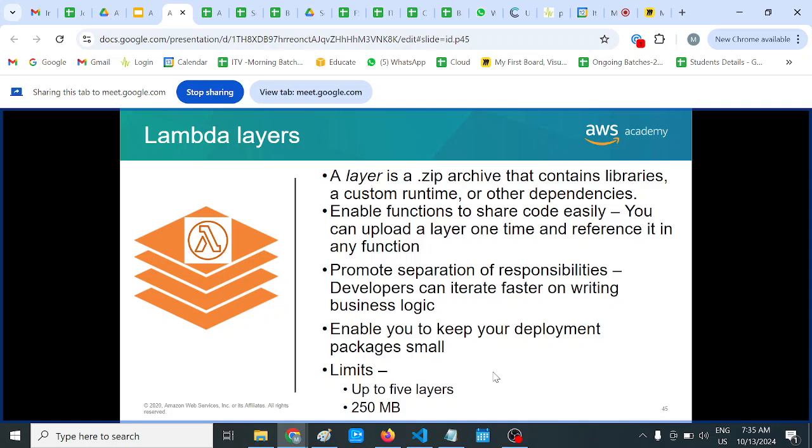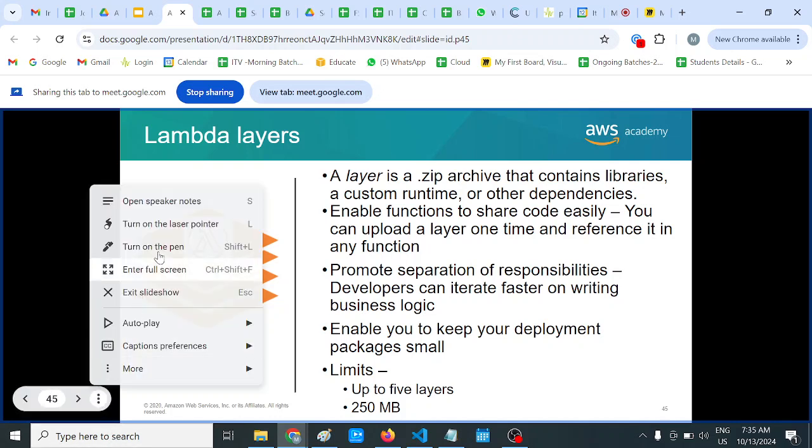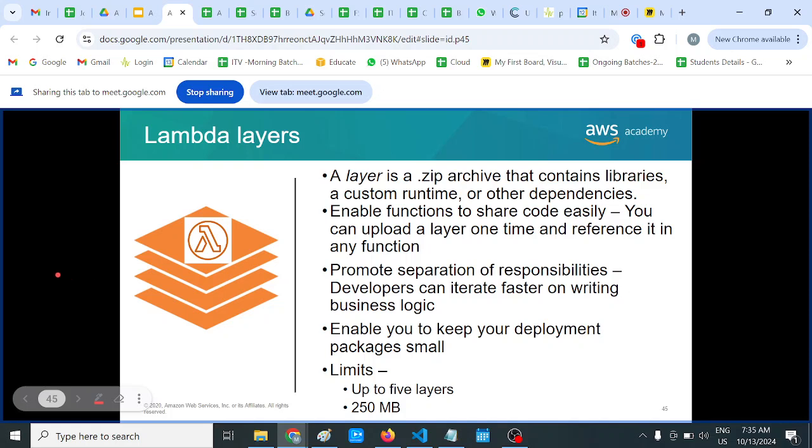Now what it will do, it will enable the functions to share it easily, and you can upload a layer one time and reference it from any other function. That means you can keep one layer and refer to this layer the next time. For example, if you are having Node.js, so Node.js means Node.js or React. Now for React you need npm packages. So that npm package is already mentioned in one of the layers of a